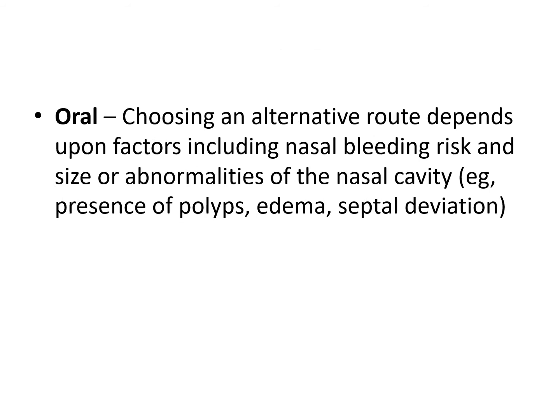But sometimes there may be some problem in introducing the bronchoscope nasally. The patient may have a nasal spur so that the nostrils are narrowed and there is not enough space to pass the bronchoscope. Or there can be some septal deviation or edema, etc. And sometimes there may be some nasal bleeding risk because of abnormalities in the nose. In such cases, an alternative route has to be chosen. The alternative route is through the mouth.